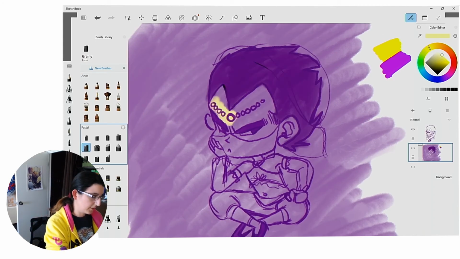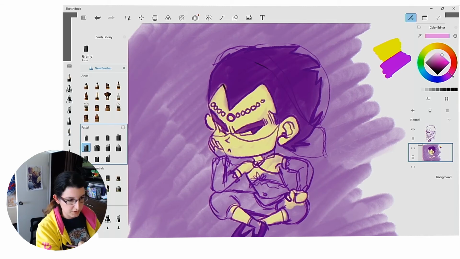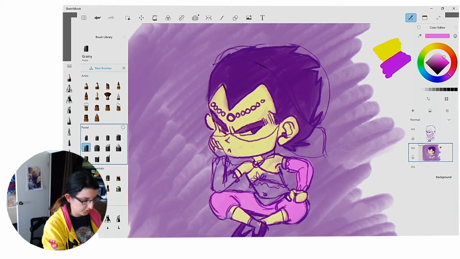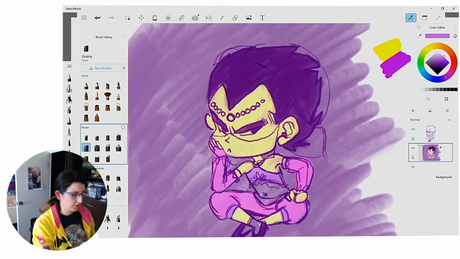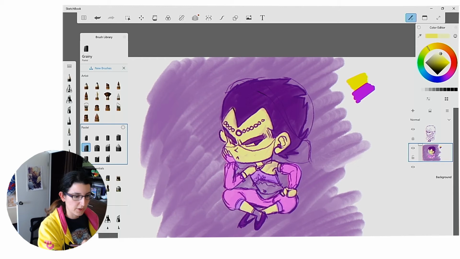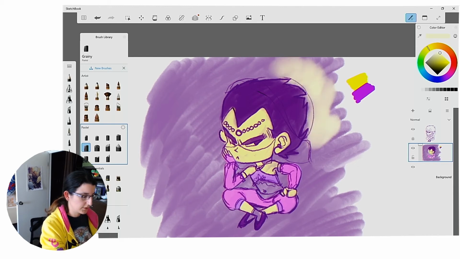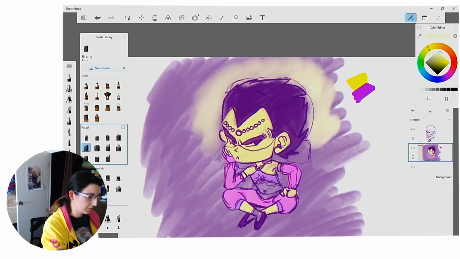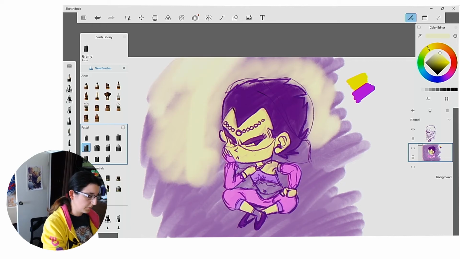I'm going to make his skin yellow. I'm going to push this a little bit toward the split complement. Put in some pink. Oh yeah, Vegeta in pink looks hot. Okay, I feel like the purple going on in the background is a little too much. So I'm thinking maybe trying a light yellow instead, just to give it a bit more contrast, because there's just a little too much of the purple going on.